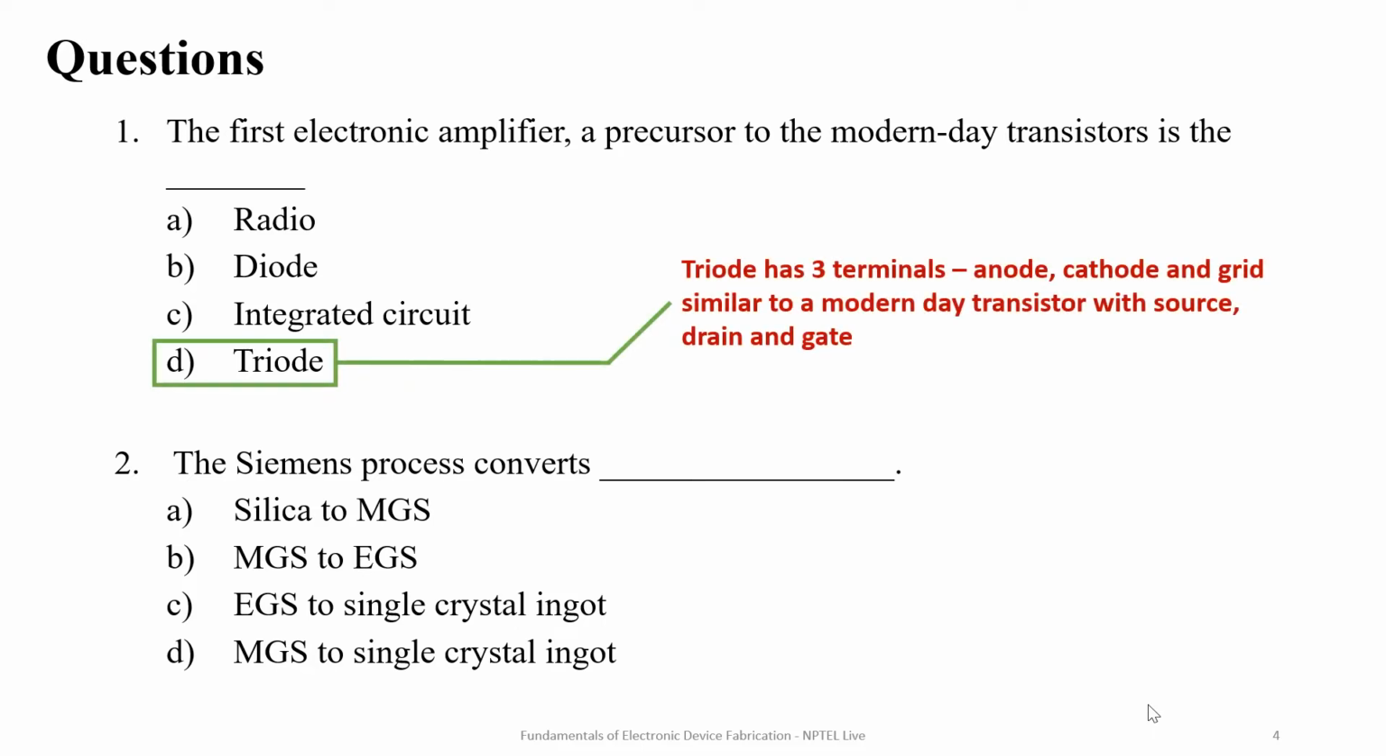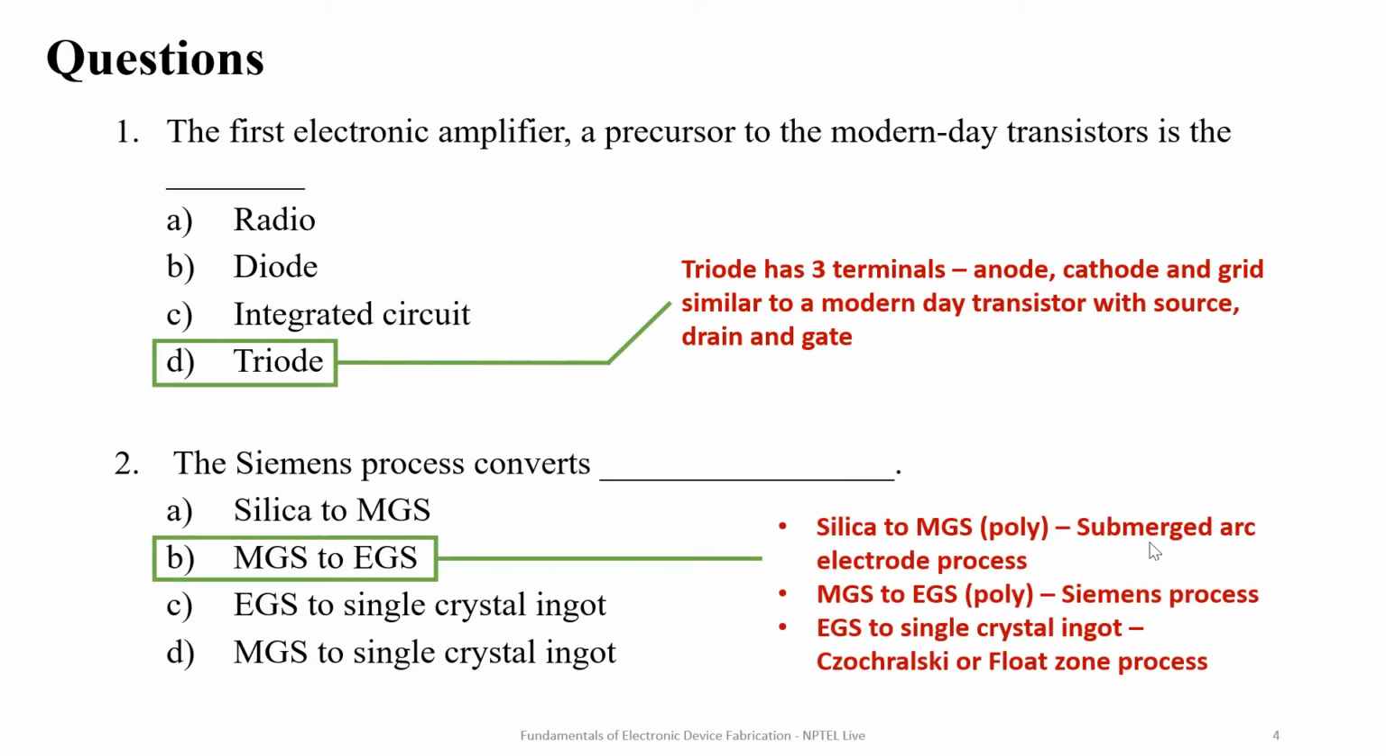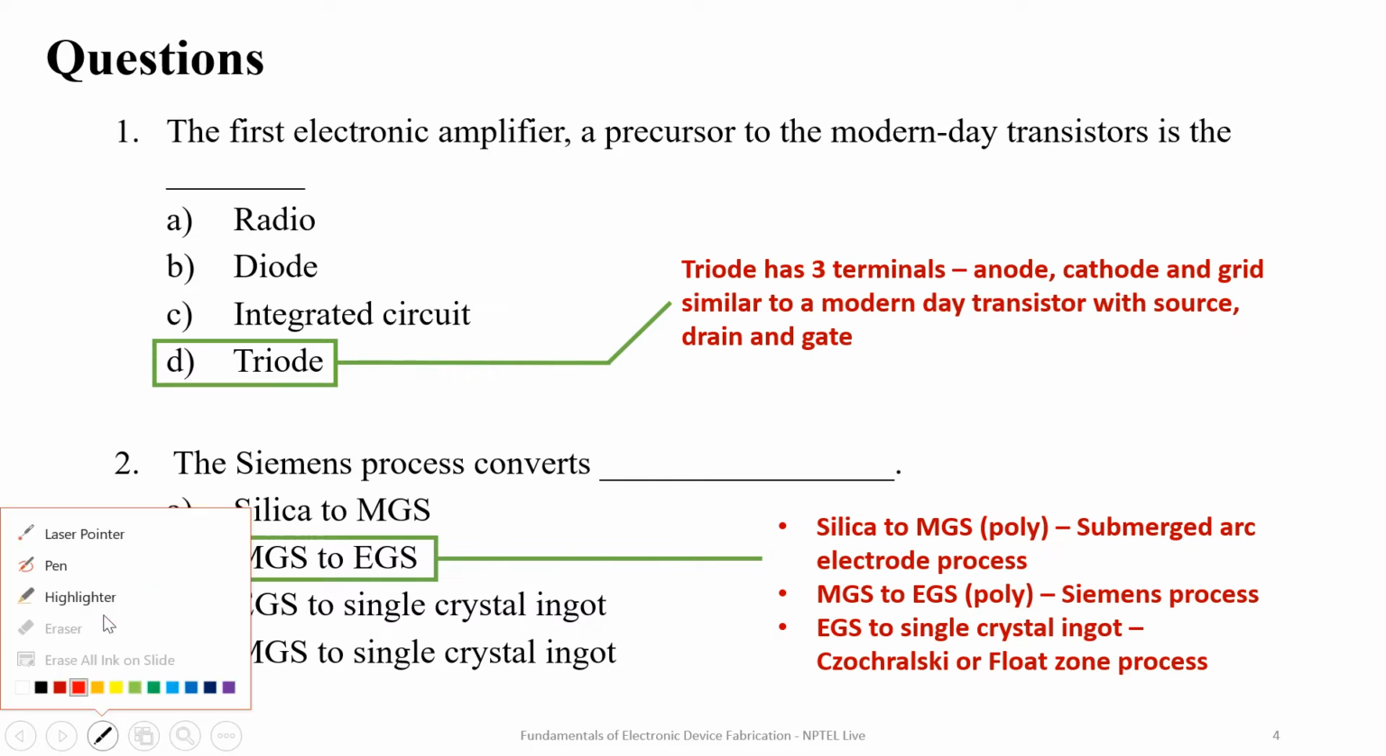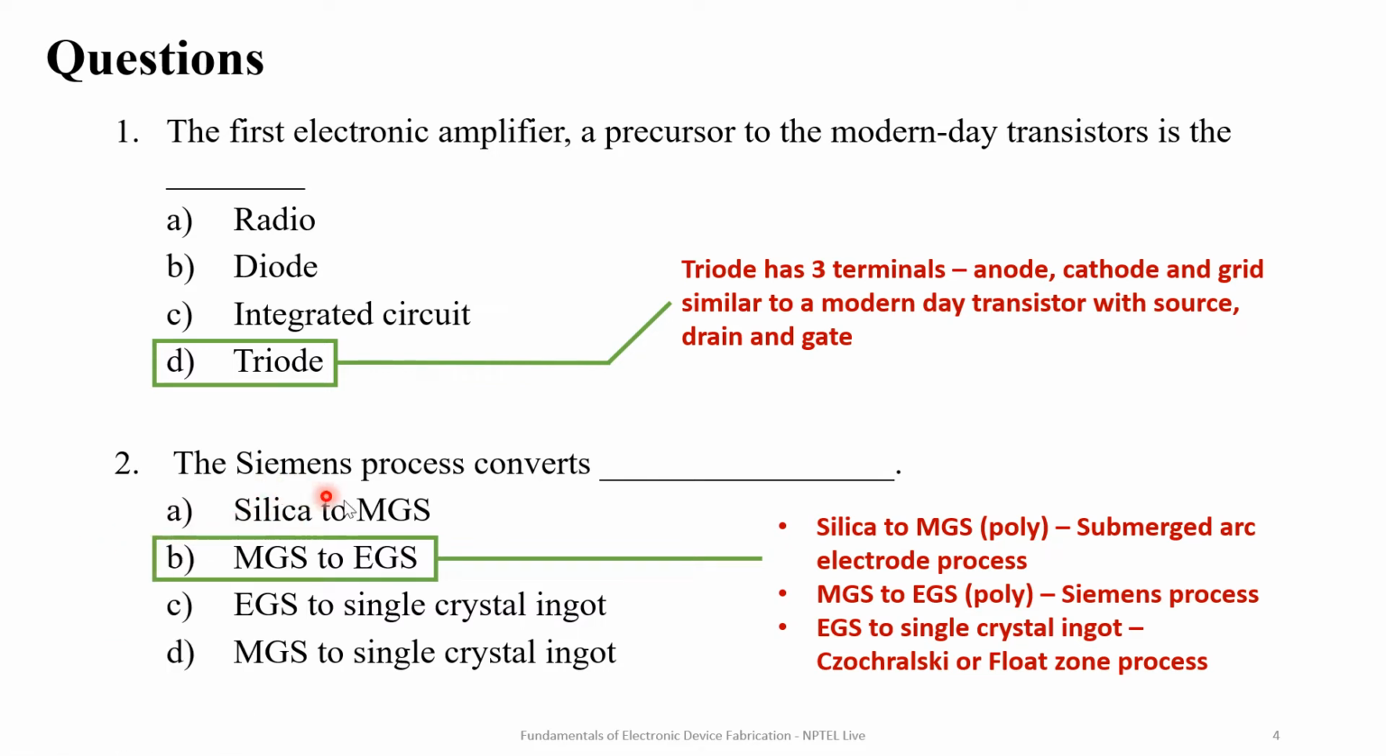Submerged arc electrode process is used for converting silica to MGS. That is, we will be reducing SiO2 with coke or carbon to get metallurgical grade silicon. That is the submerged arc electrode process. And then from metallurgical grade silicon, which is 98% pure, we will be converting it into electronic grade silicon, which